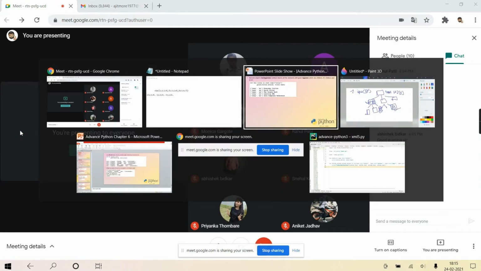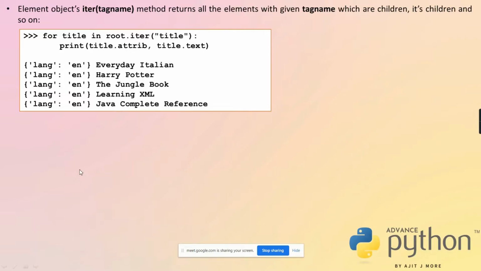See over here. What I have written is root.iter title. So will it give you all the elements whose tag name is title, starting from root's children, and its children, and its children, and going on?